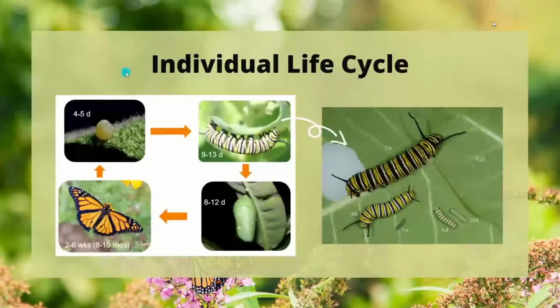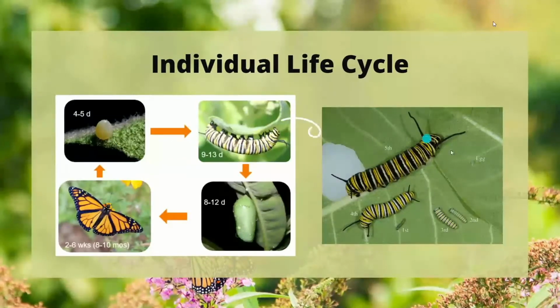So Nancy covered a little bit of the individual life cycle of the monarch, which is certainly one of the most unique and fascinating life cycles out there. For us at MLMP, the two parts of the life cycle that we're really interested in are, of course, the egg stage here and the larva stage. So just to really quickly touch on that again, we have females laying eggs on milkweed leaves, typically the underside of them. They stay like that for about 4 to 5 days before the caterpillar will actually chew its way out of that egg casing, eat the rest of it, because why waste the resources,